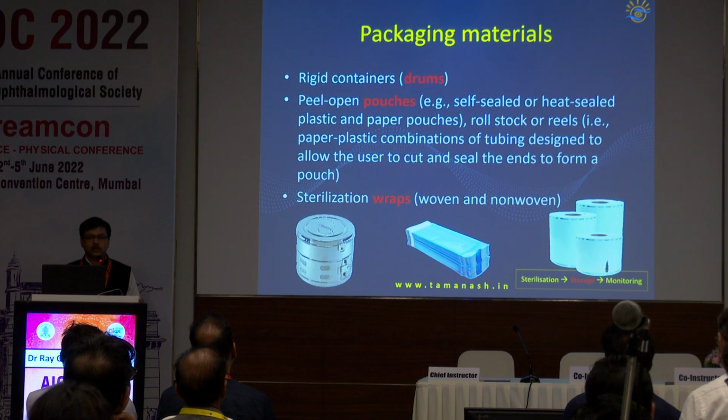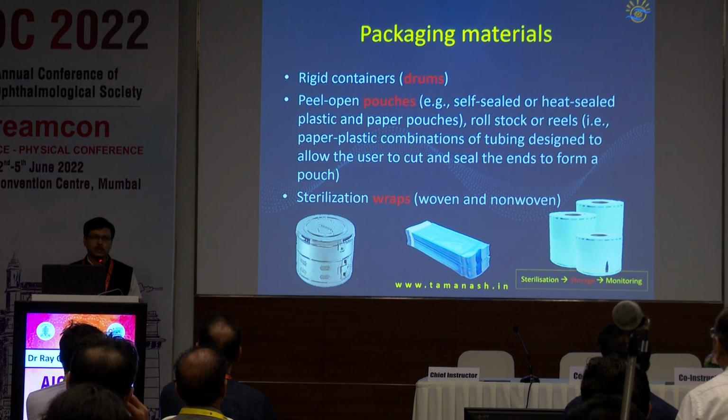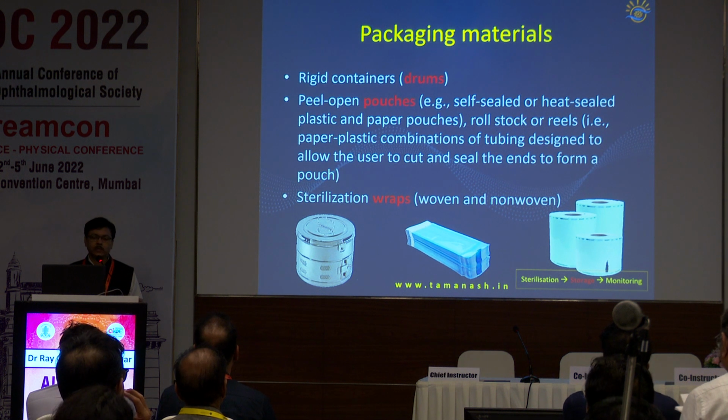These options are there. We can still use drums, although in many talks you will find that drums are deprecated. But especially those of you who are using vertical autoclaves, drums have to be used. It's easier to take them out. What is important is to have the pores of the drum open when you are putting it into the autoclave, and to close it immediately after removal from the autoclave cavity, so that outside air cannot enter. So this is the one point, that the pores are open when you are removing it from the autoclave cavity,